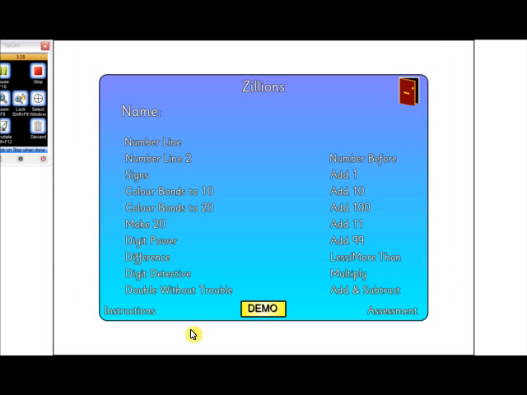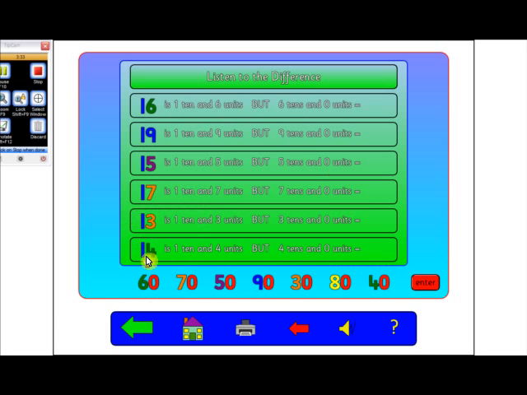So we'll go back to the menu, and then we'll go into difference. Now the idea here is, 18 is 1 ten and 8 units, but 8 tens and 0 units is 80, so you put the 80 over here. So it's basically about what this number here is. If it was a 10, so 6 units would be 6 tens, and 9 units would become 9 tens if it was 9 tens as opposed to 9 units. So we'll go back to the menu,